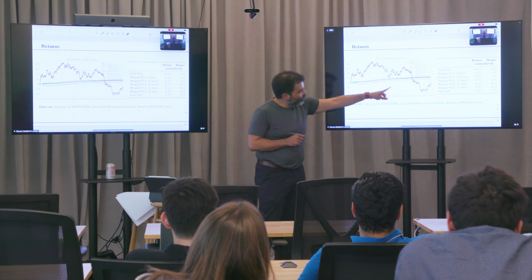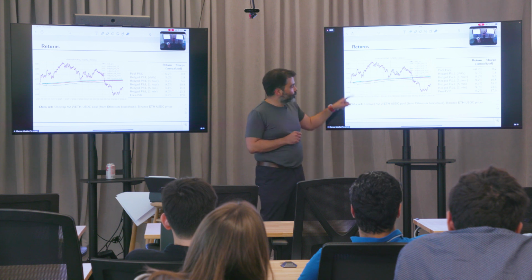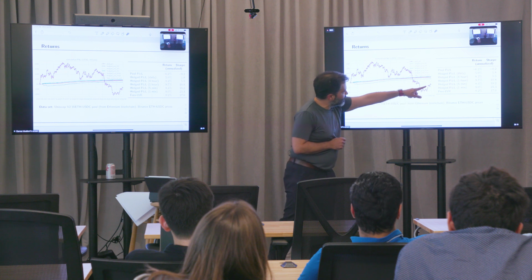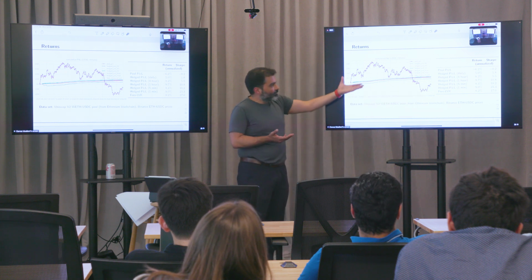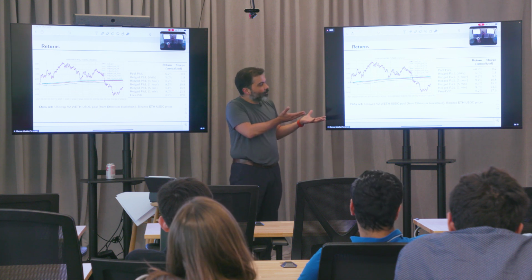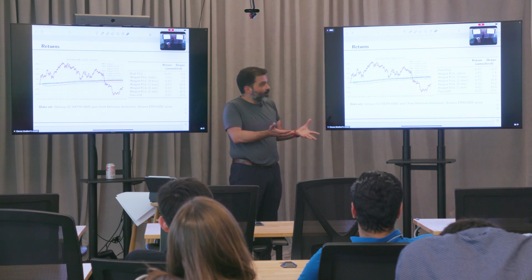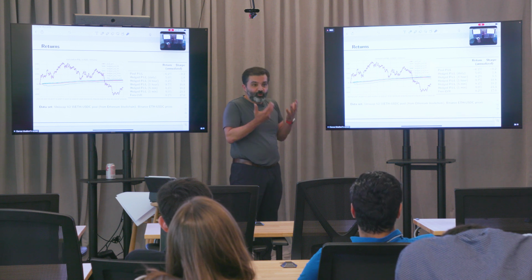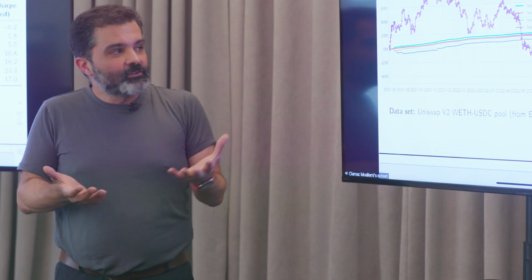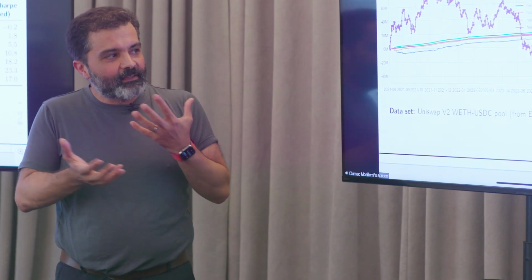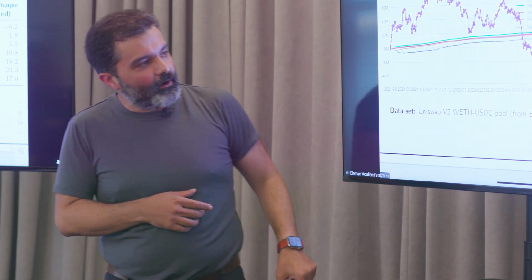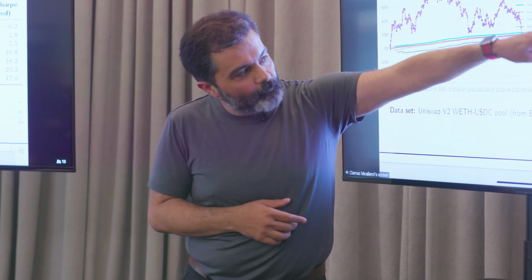If you look at the blue curve, that's the total cumulative P&L of the pool, right? So over this interval, at some point it was up $80 million. At some point it was down $40 million. It ends up maybe down $10 million. That blue curve, first of all, loses money, but it's entirely unclear what's going on if you just look at the raw P&L, and that's because this pool owns an incredibly risky asset. It owns ETH, and ETH can move up or down 20% in a single day, right? So just looking at the blue curve is not really giving us a sense of what's going on. When I start to look at these other curves, what I'm doing here is I'm delta hedging.